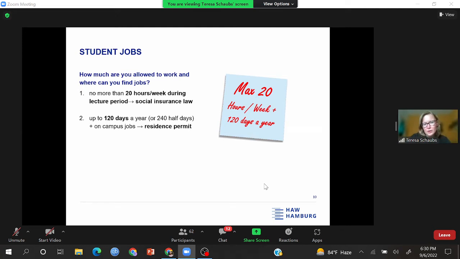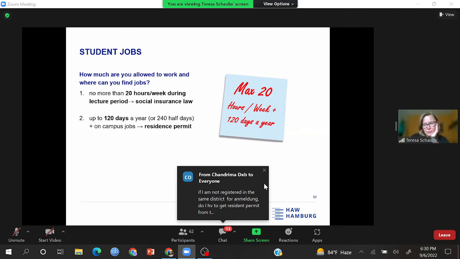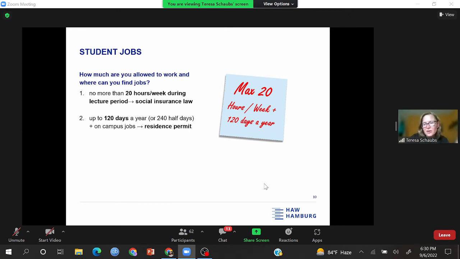And additionally to the 120 days, you can have on-campus jobs. They do not count towards the days. So you can work, for example, for a pizza company, you can work the whole 120 days, or as a bartender, or I don't know what you want to work.